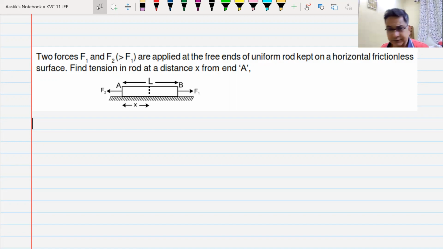Yes, anyone with an answer? We have to find the force from the end of F2. And the answer is